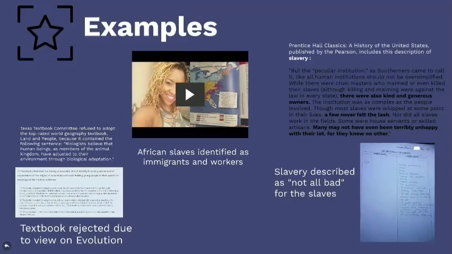Then we'll look at an example in a history textbook where slavery was downplayed as not being all that bad, and the accompanying worksheet that students were asked to do to reflect this particular view of slavery. And lastly, we'll look at a textbook that was rejected because it promoted a debatable and controversial view of evolution